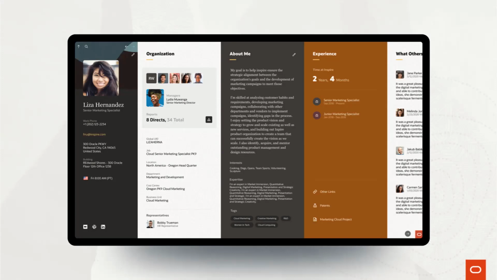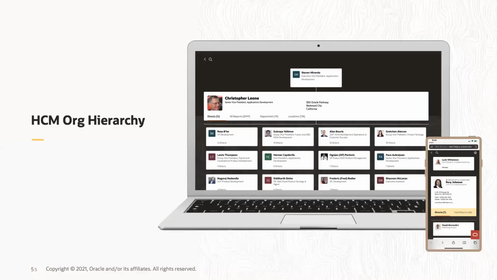And one of the key things about this module and many other modules is that this module was built with Visual Builder. So beyond offering Visual Builder as a tool that all of you, our customers, can use to build your own application, we are actually using Visual Builder to build all our new modules in Oracle Cloud applications. So new functionality that we build into the product is being developed with Visual Builder. And we have a lot of developers inside Oracle using Visual Builder to build, for example,